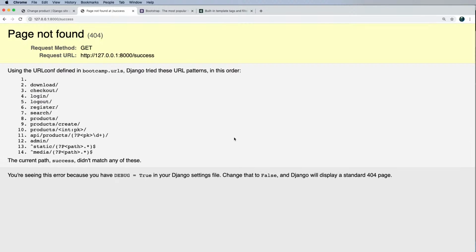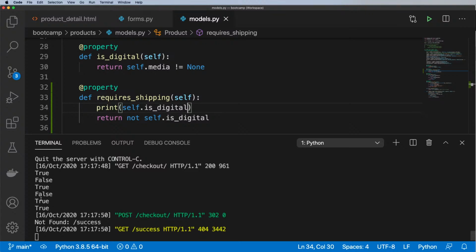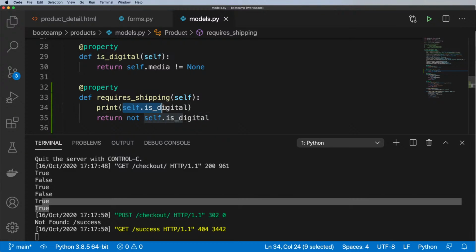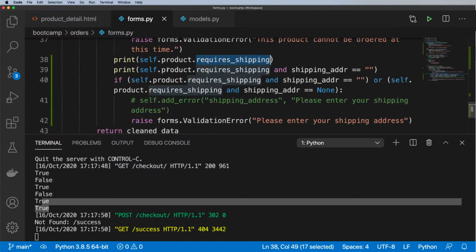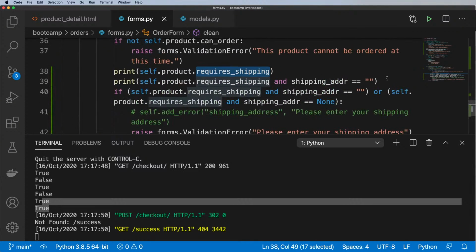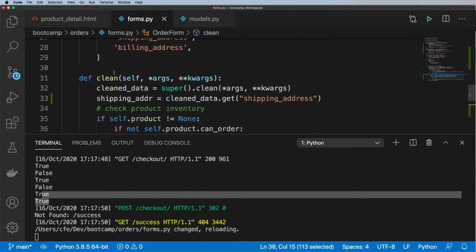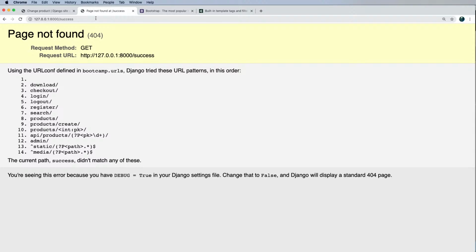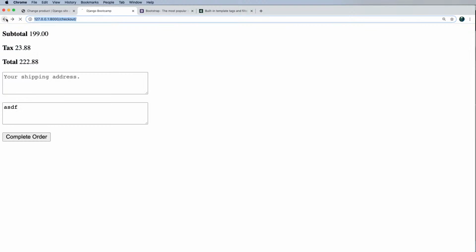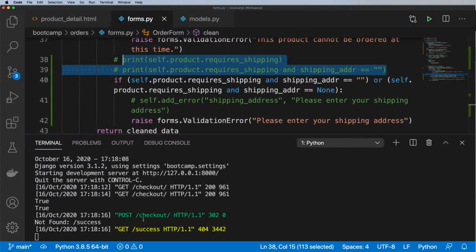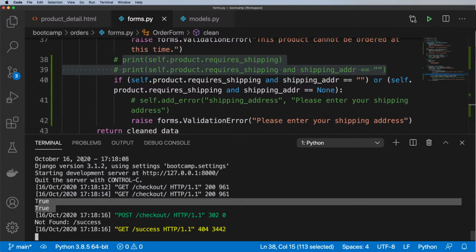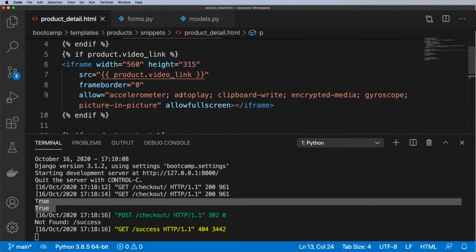I'll complete the order, and I'm getting true values. So this is peculiar, right? The product should not actually be true. So let's get rid of a couple of print statements in here so I don't confuse it too much. And back to the checkouts here. Refresh. Okay, so true. This is now saying that it is